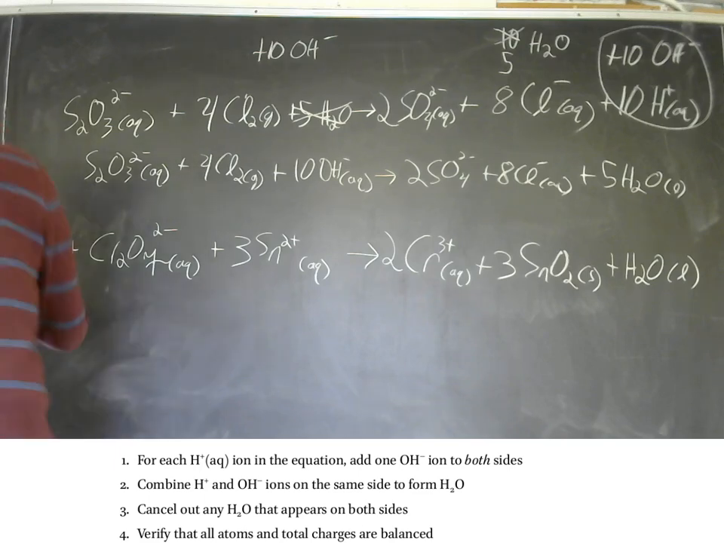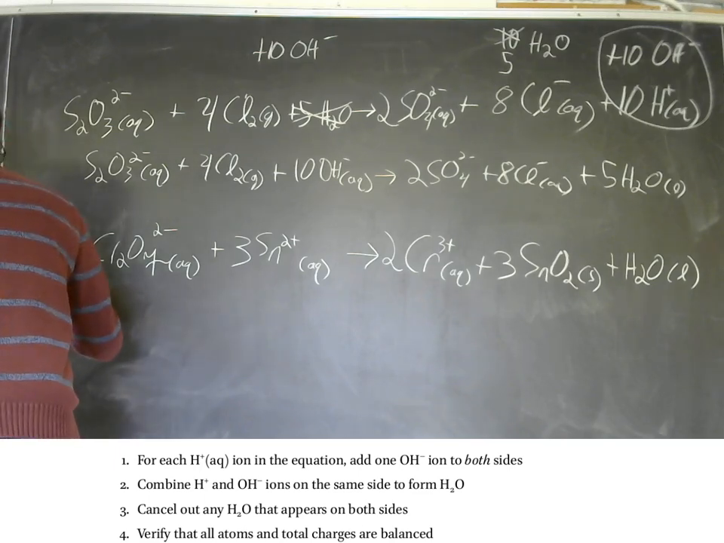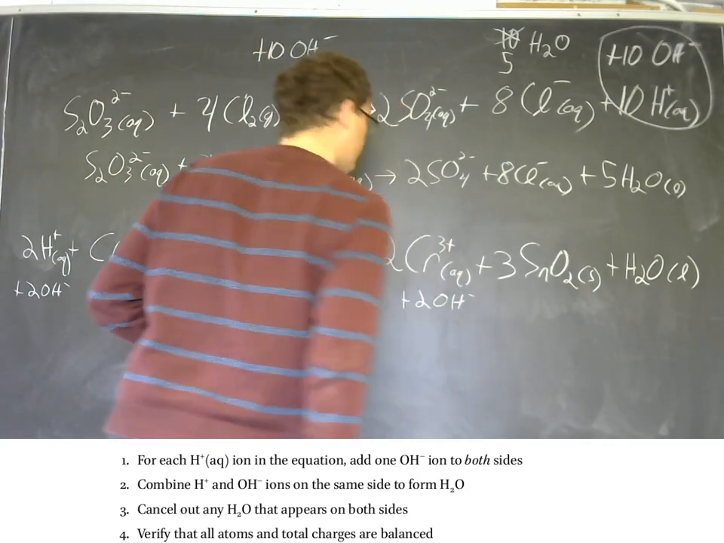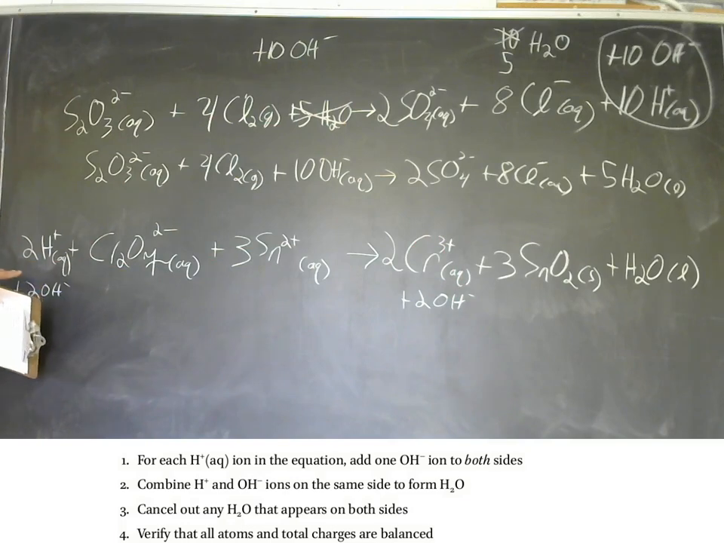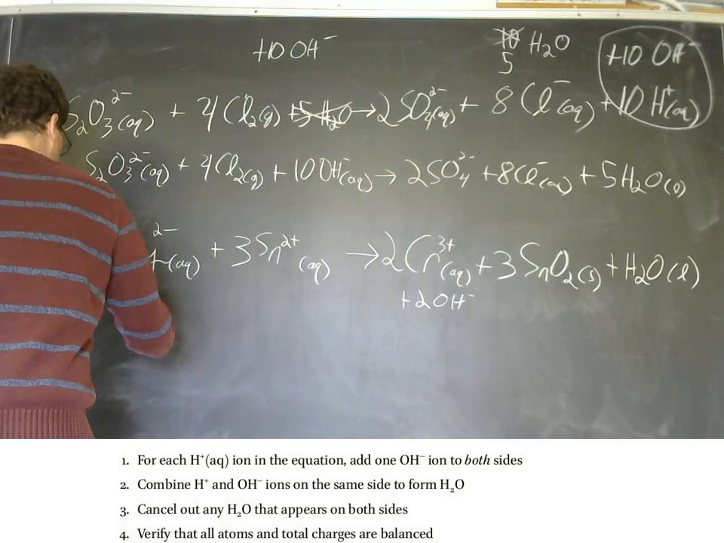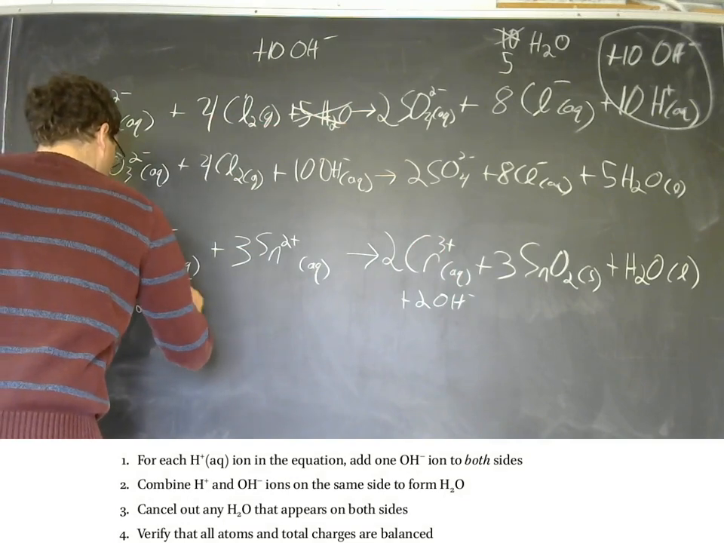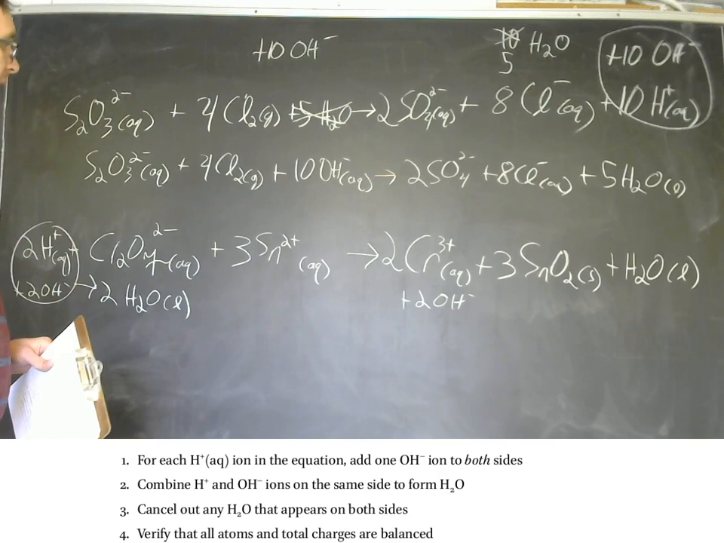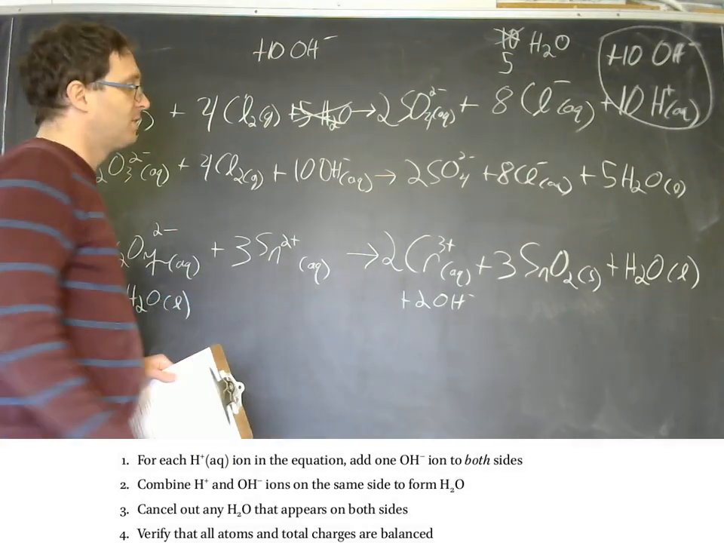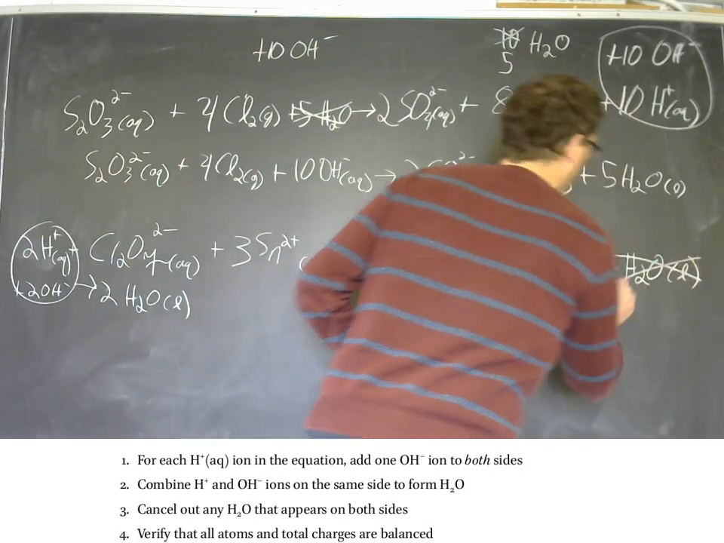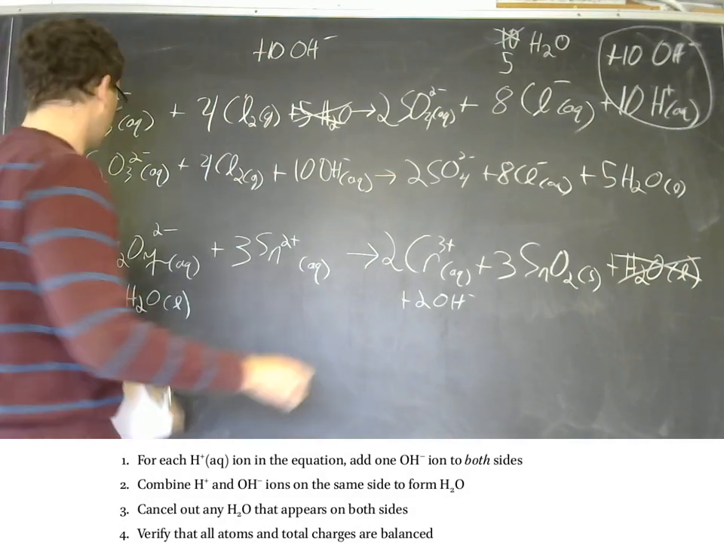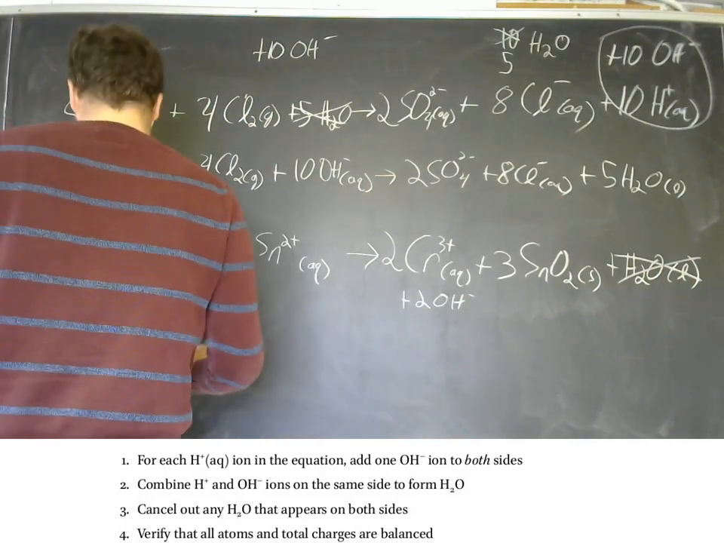If we do the same thing down here, so every H plus is going to give an OH minus to both sides. So plus 2 OH minus plus 2 OH minus. The H plus and the OH minus that appear on the same side are going to combine, and so they give us 2 H2O liquid. And then we can cancel out any waters that appear on both sides. So we've got 1 water over here, we'll eliminate that, and then we'll have only the 1 water on the reactant side. So our final balanced equation is